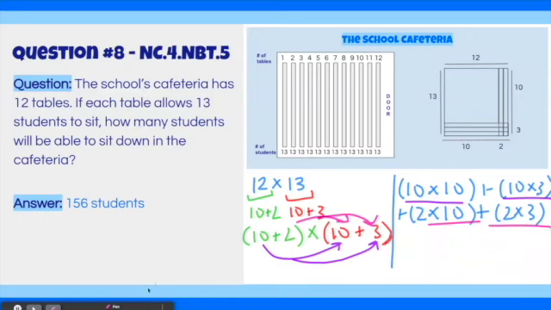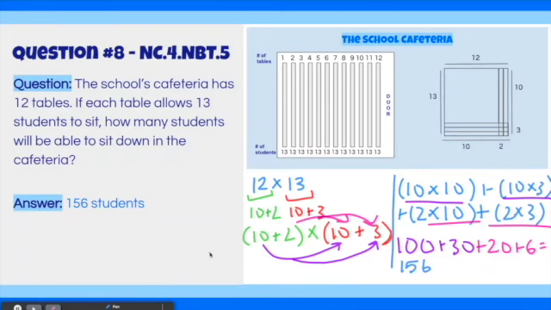Okay, so now multiplying the 10 and the 10, you're going to get 100. Multiplying the 10 and the 3, you're going to get 30. Multiplying the 2 and the 10, you're going to get 20. And multiplying the 2 and the 3, you are going to get 6. And when you add all of this together, you will get